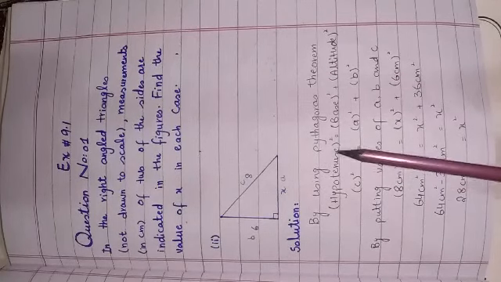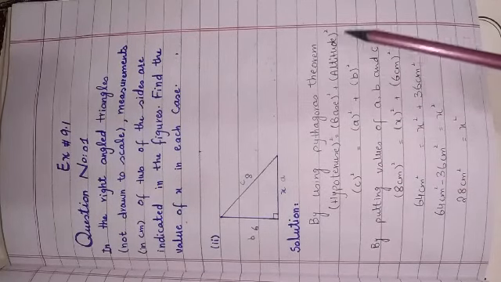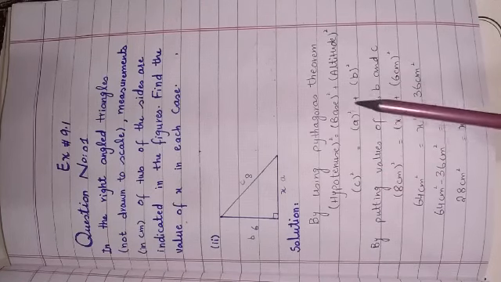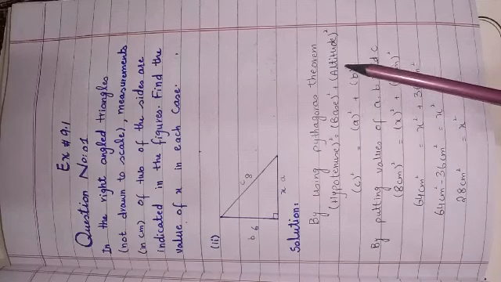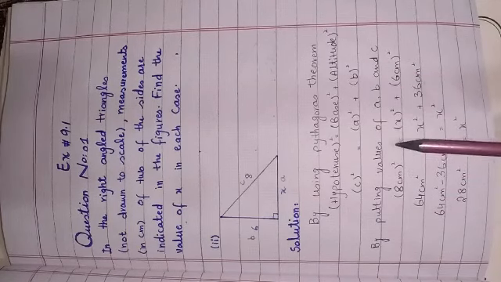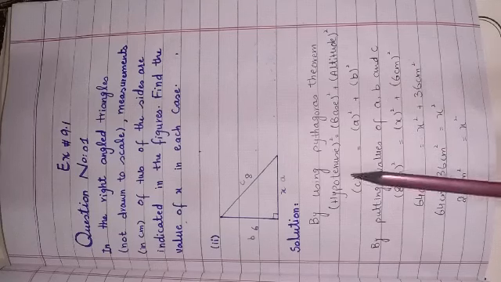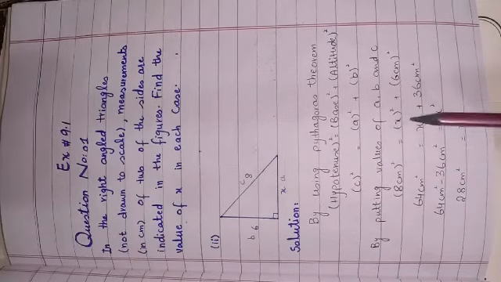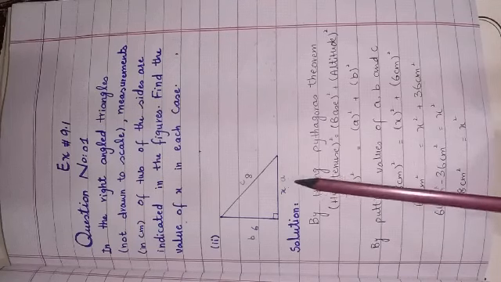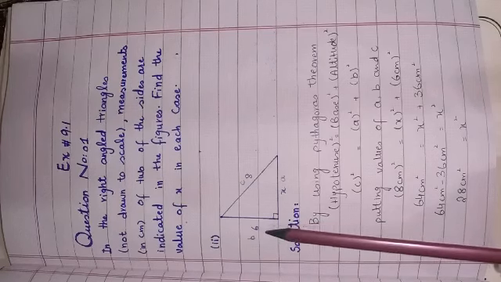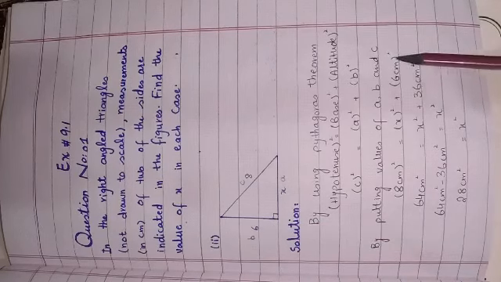First we write hypotenuse square is equal to base square plus altitude square. You know that hypotenuse is C square, base is A square, and altitude is B square. Now we will put the values of A, B and C. As you know, C is equal to 8, so we will write 8 centimeter whole square. We don't know the value of A, so we'll write x here. Then the value of B is 6 centimeter whole square.